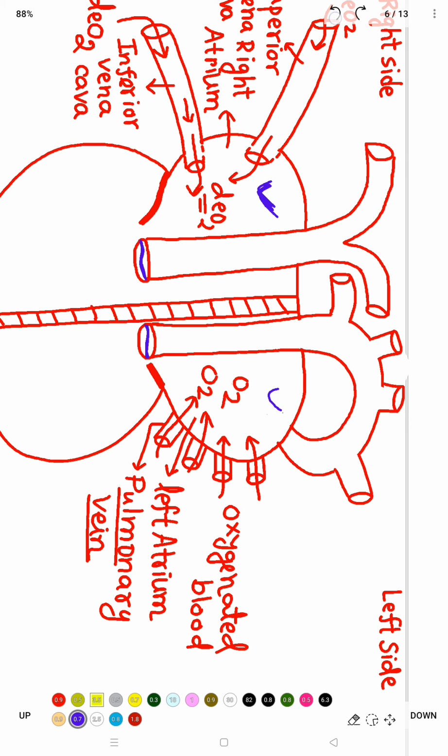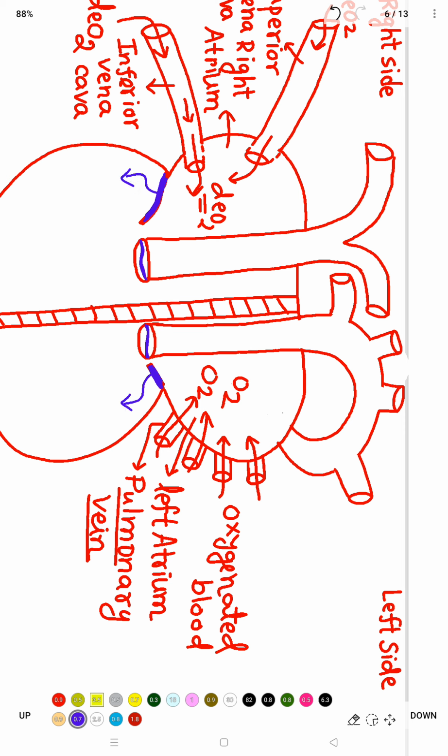Now both right and left atrium are contracted, and these bicuspid and these tricuspid both valves are opened. Now these bicuspid and tricuspid valves open towards the lower side,